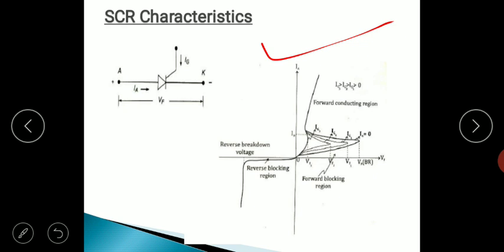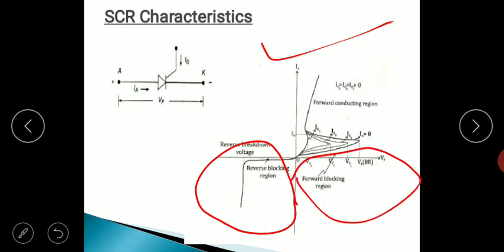This characteristics is basically divided into three parts. This region is called the reverse blocking region. This portion of the characteristics is called the forward blocking region, and this portion is called the forward conducting region.